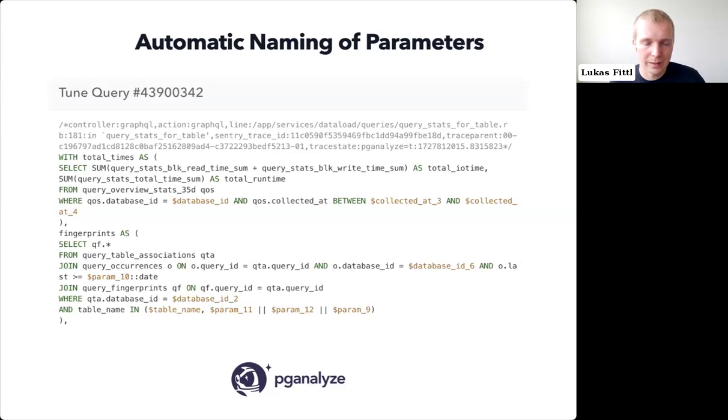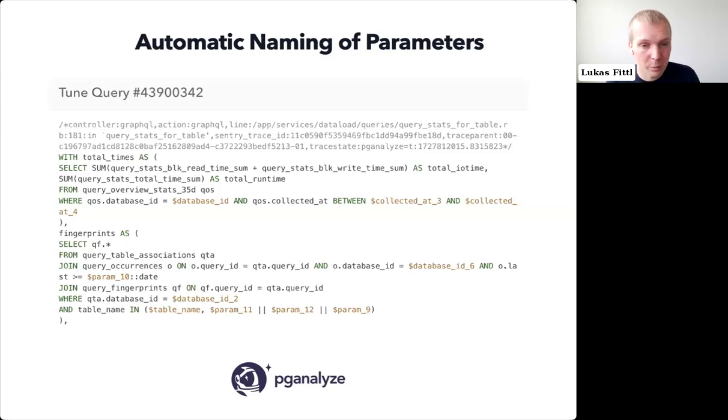So you might remove something like "database ID equals $1", and you remove that reference, and then Postgres will complain, and Postgres will say, well, what was that $1? Like, I don't know the value. And so this was one of the things that actually took a good amount of engineering time, I would say,